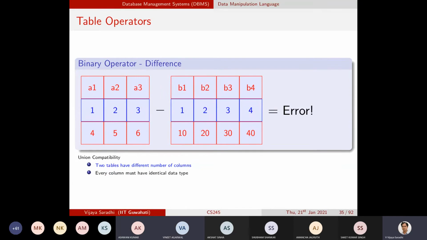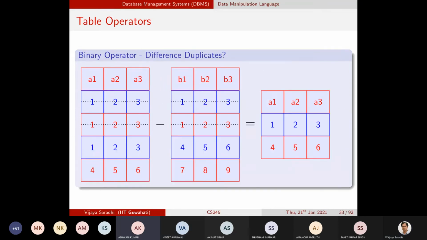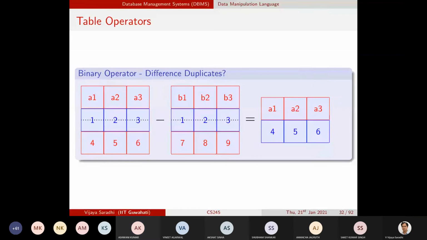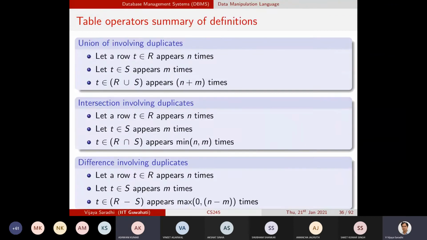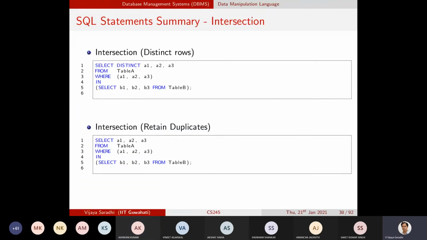Sir, I have a question on the slide in which the syntax of intersection was given. Yes. Here, if table B has 4 columns, B1, B2, B3, B4, but in the select statement we just use B1, B2 and B3, will that result in an error or not? Because A1, A2, A3 are identical to B1, B2, B3, but A has only 3 columns while B has 4 columns.